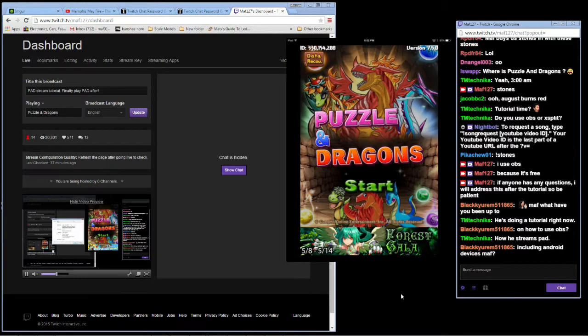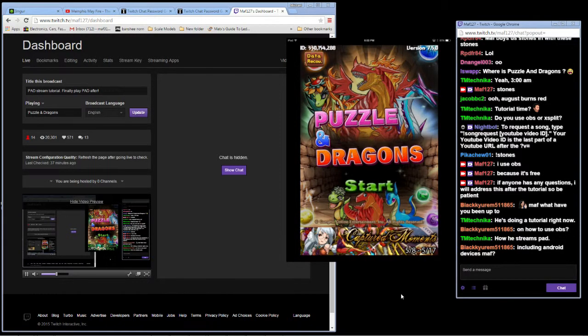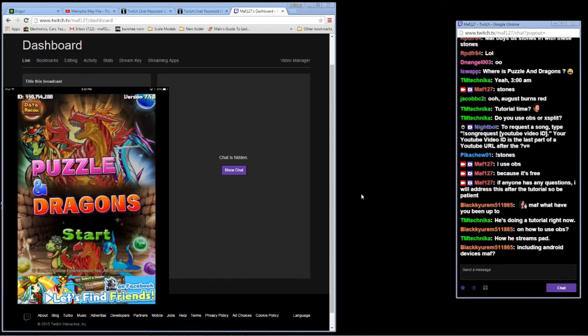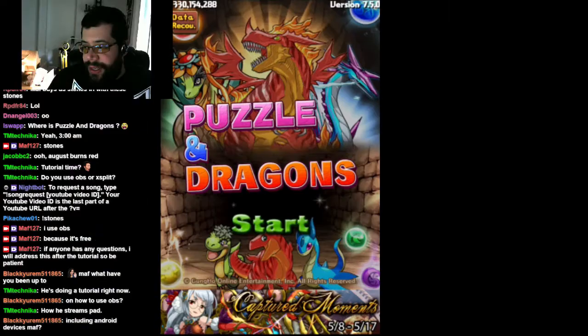So you know there are other alternatives. I know AirServer is also pay to use, I believe. As far as Android goes, I know when I first started streaming, I used MirrorOp, and the problem with MirrorOp is that